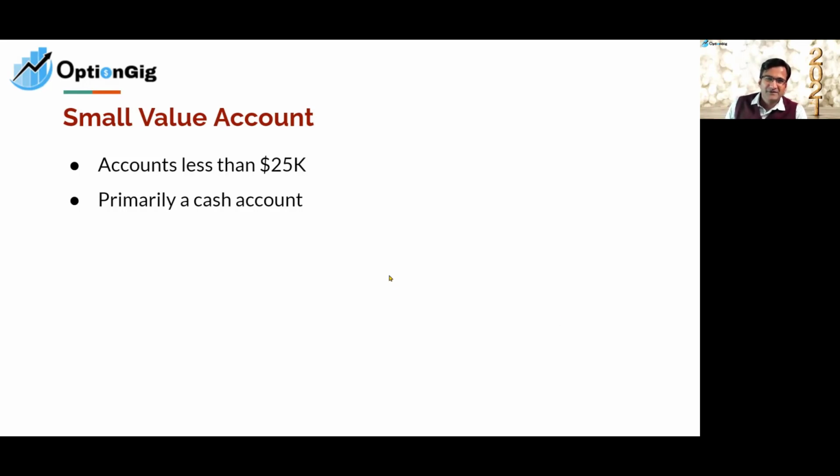So that's what a margin is. Primarily, when we're talking about a small value account, it means you don't have access to margin, so you have to put up everything upfront. This also applies if you have an IRA account. IRA is primarily a cash account. So even if you have more than $50,000 or $100,000, if you are doing options in an IRA account, it is treated as a cash account. You have to put up all the money upfront. So now if you have these accounts,